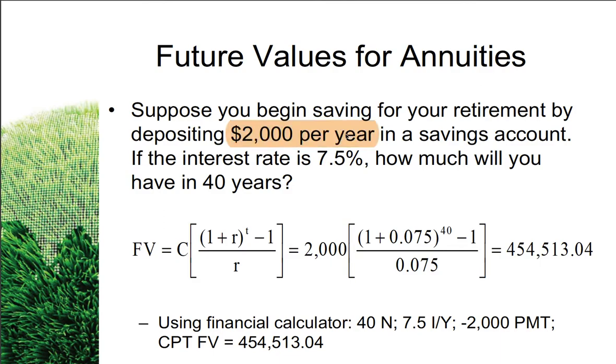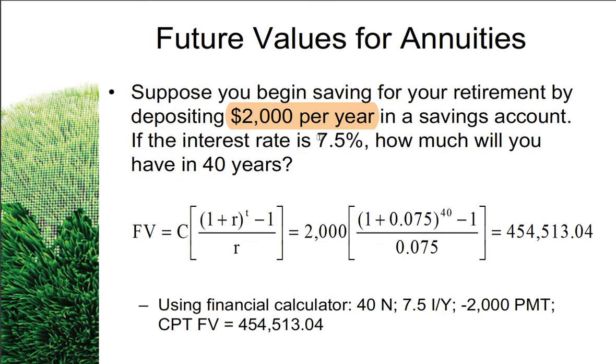Okay, meaning that you deposit 2,000 per year. If your interest rate is 7.5%, how much will you have in 40 years? See how to recognize this is a future value? How much will you have in 40 years? Okay, you use the formula, and then you will get